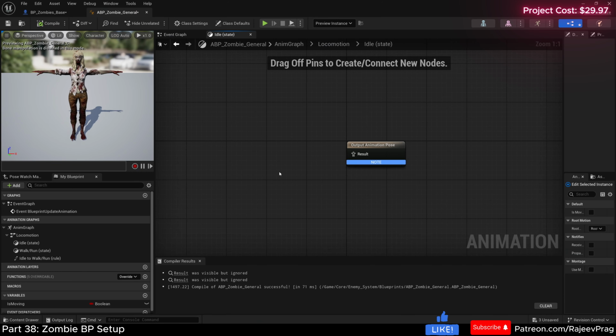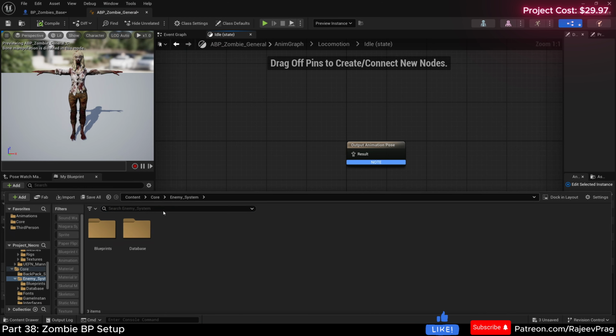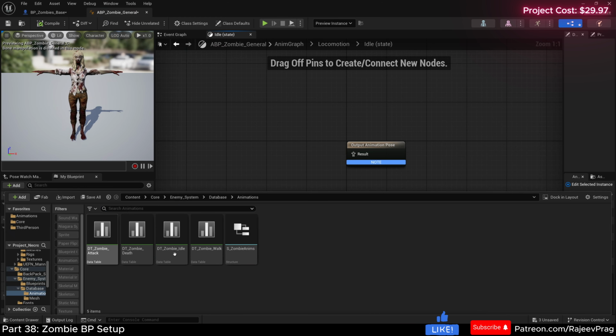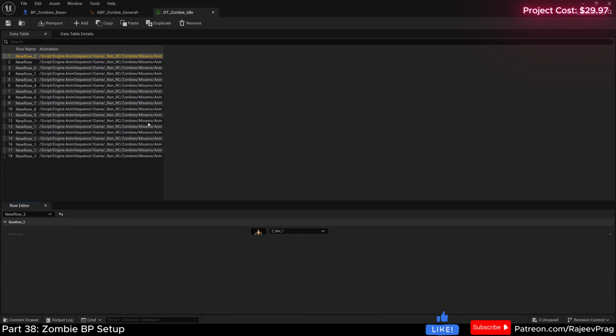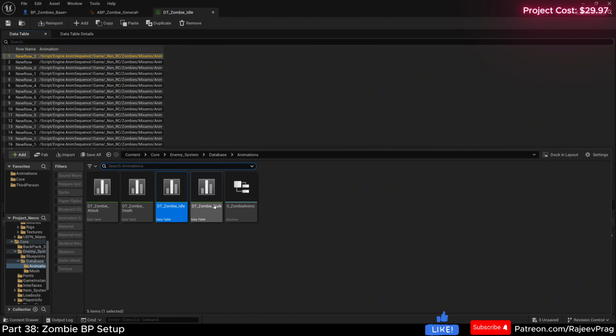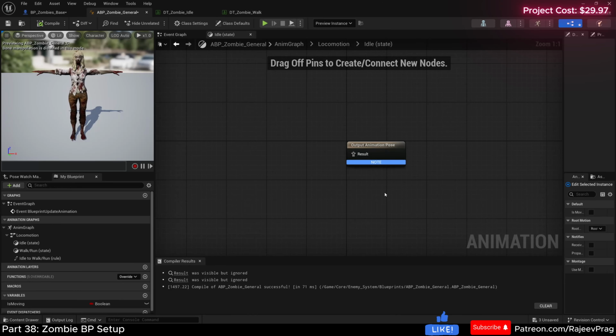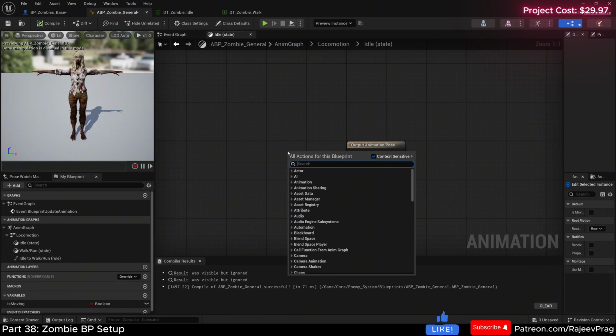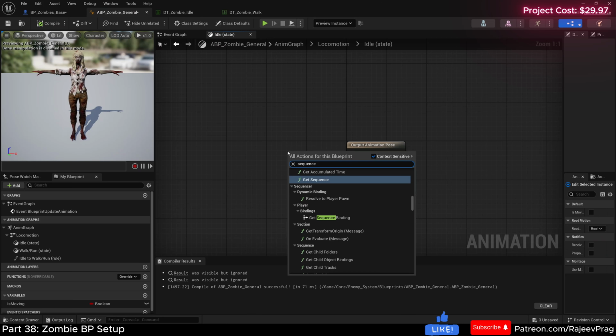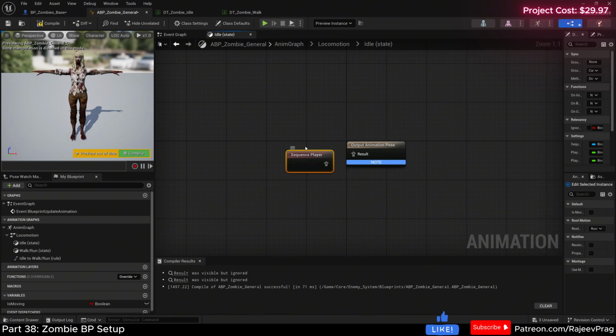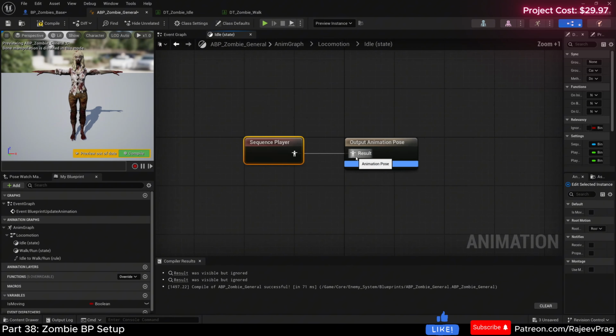Let's open up with the idle. Now I don't want to drag in one animation and plug it in here, because if you remember in our database, we created a whole slew of animations for idle and also a whole list of animation for walking as well. So we want to randomly pick one of these animations and then make it play in our animation blueprint. To do that, we're going to right click here, and then we're going to search for something called a sequence player. And then we're going to connect this sequence player to the output animation pose like this,